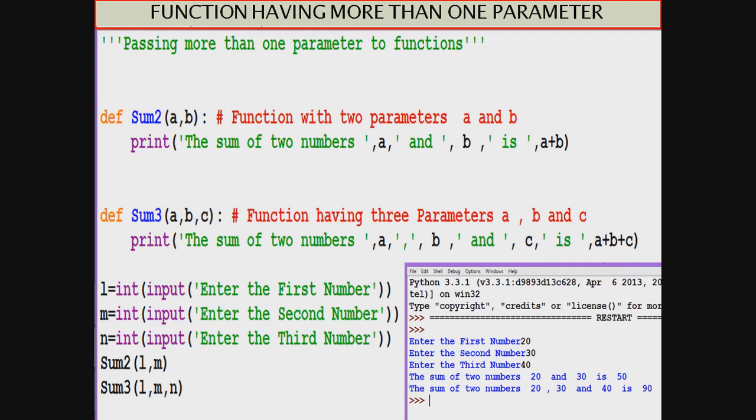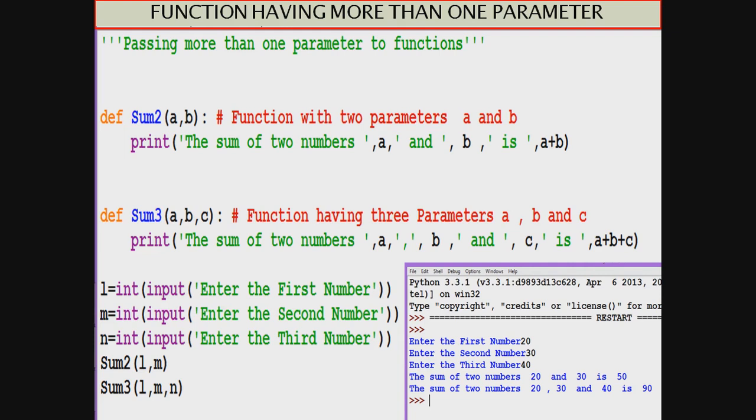Somehow these two variables, that is A and B, should have a value. So we give L and M to sum2, and these values go to A and B, and sum2 works for us.